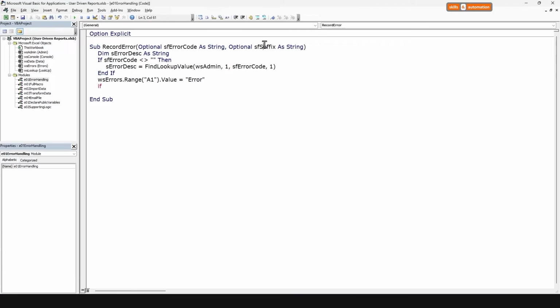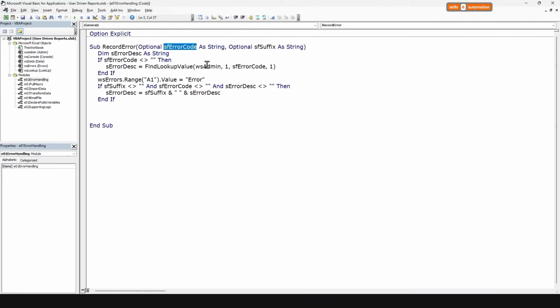So if suffix is not blank, error code is not blank, description is not blank, then let's add the suffix to the description. Now, the error code is only reserved for custom errors that we are tracking, so we will